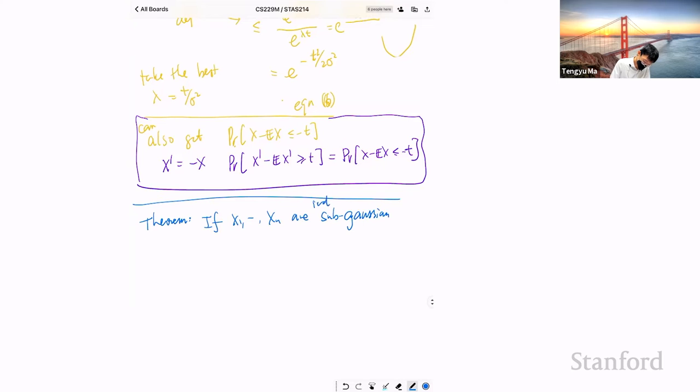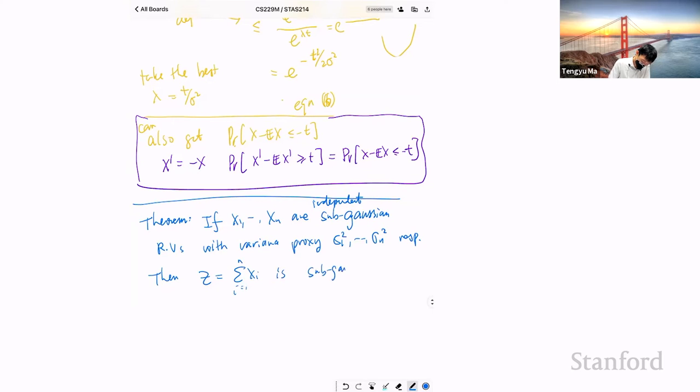Suppose X1 to Xn are independent sub-Gaussian random variables with variance proxy sigma 1 square up to sigma n square, respectively. Then, if you look at the sum of them, it is also sub-Gaussian